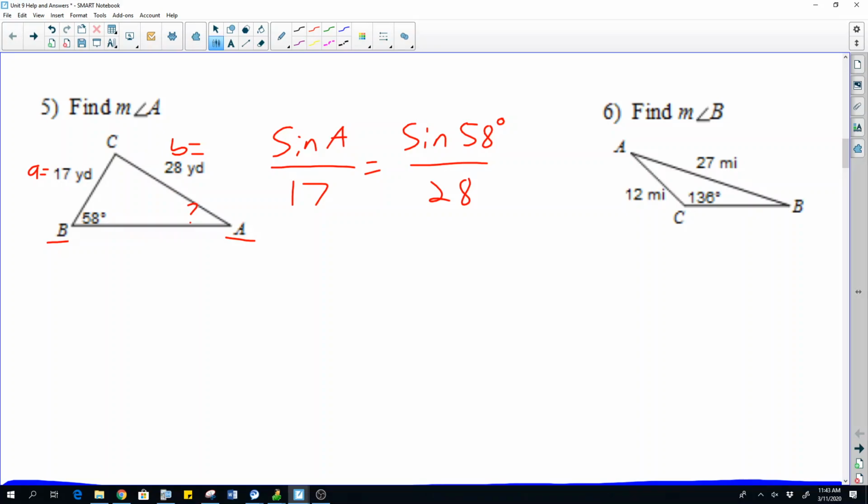Nice. So now we just want to solve for angle A. All we're going to have to do is multiply 17 over to the other side like that. And that gets 17 to the other side away from the A, because we're trying to quarantine A,